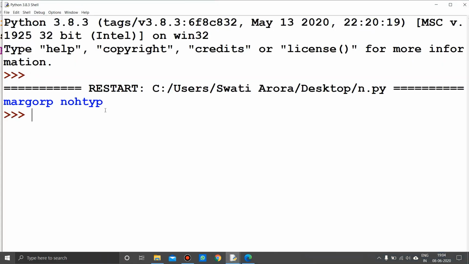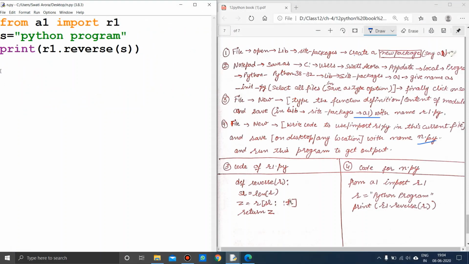When I run this program, you will get the output. See, Python program, I gave the input, and after reversing it, I got the reversed string that I wanted. I hope it is clear to you. So how did it happen? In the previous program, we were creating the function definition at the top, and then using that function here.